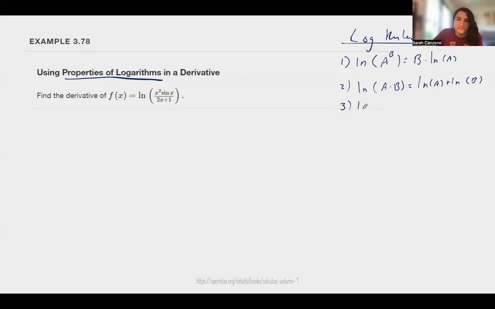And the third rule is that the natural log of a divided by b is equal to the natural log of a minus the natural log of b. So division inside of a log turns into subtraction between logs. So my suggestion will be to expand it in the best, furthest way possible, and then to take the derivative from there. So what we'll do, since we're expanding, we want to use 2 and 3 first,